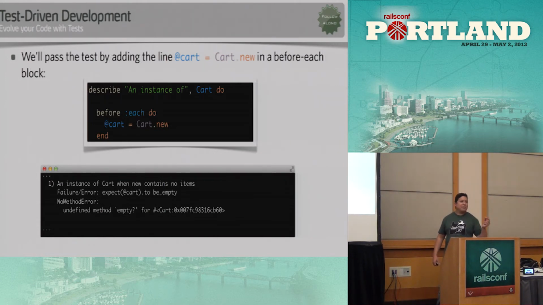You can do things that happen before the whole test class executes or before the specific methods in that describe block execute. In this case, I'm doing a before each, which means it's going to run that line, @card equals Card.new, before every single test in there. So we're effectively resetting the @card variable every single time.